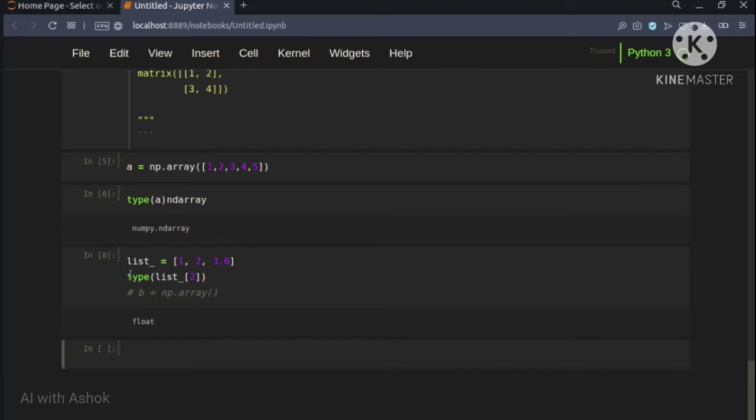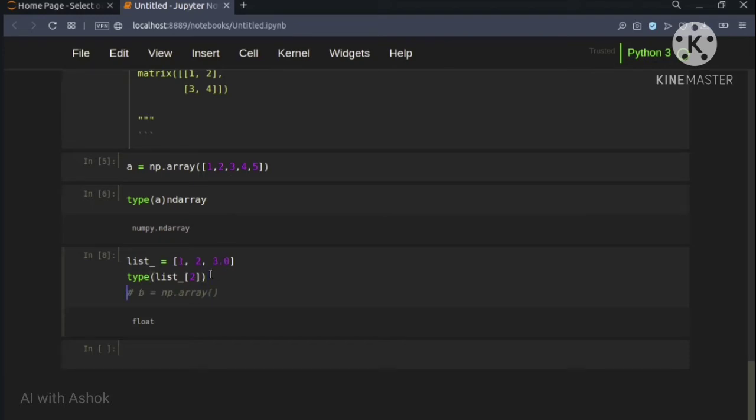A list can contain any combination of data types, but a NumPy array will consist of similar data types. Basically, an array is a sequence or iterable of similar data types, but a list is not like that. It can contain any number of data types in a single list.